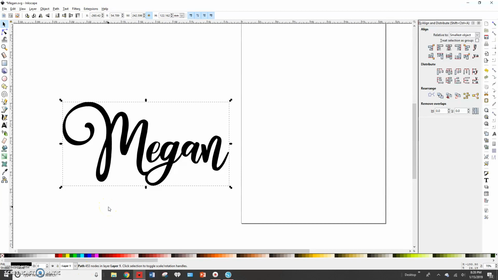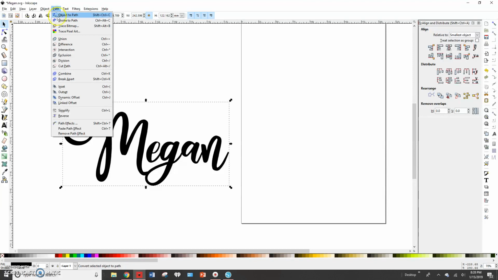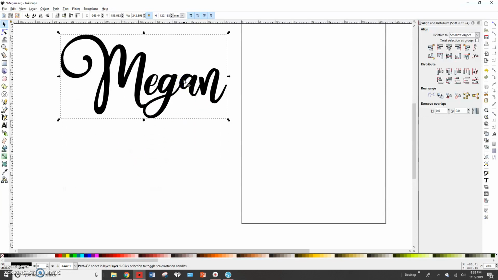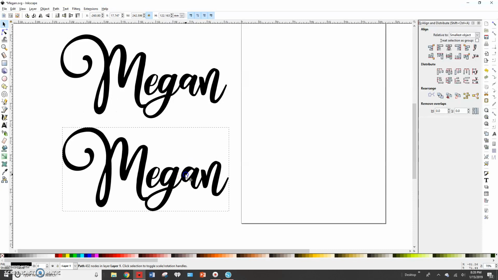The only other thing that I will say between Inkscape and loading things into Design Space, I've learned you have to, and this is going to be weird, object to path, even though it says no objects, and then union, and then object to path again. It'll just make everything flow. You won't end up with the weird gaps when you load it into Design Space. Control D duplicates it,